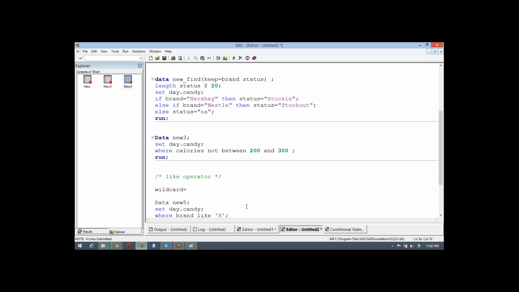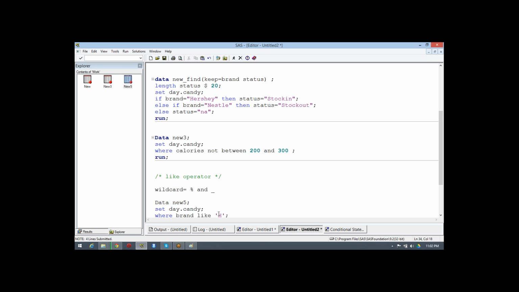So there are two wildcards, percent and underscore. Whenever you keep percent with any letters, it means you are instructing it to read any character values or not. When you use the underscore, it means you are talking about a single-character value there.